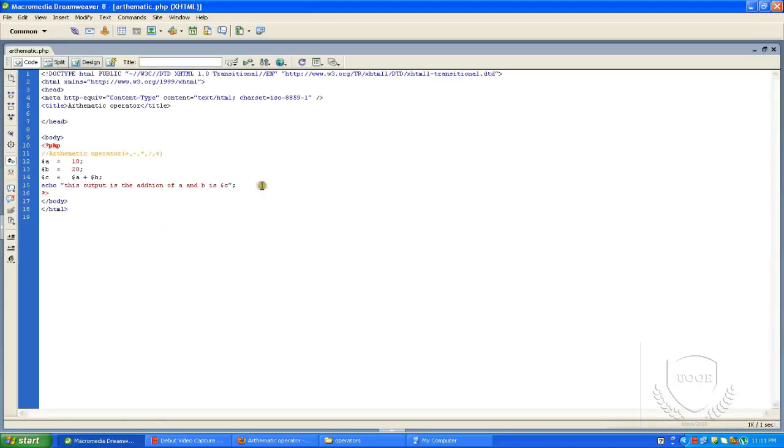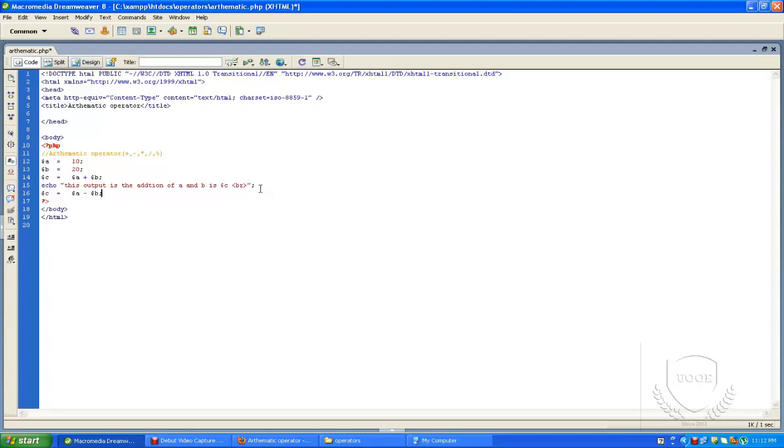And also if you take minus, another action is $a minus $b.